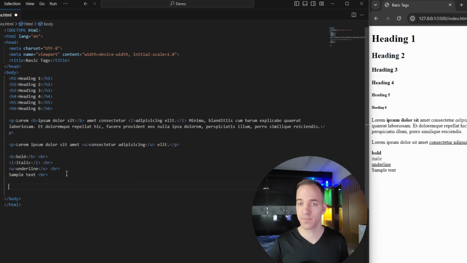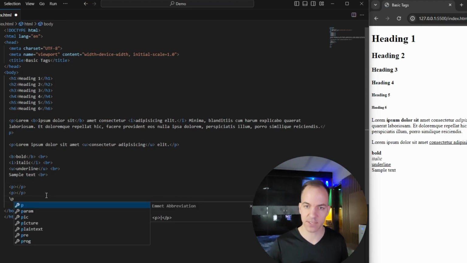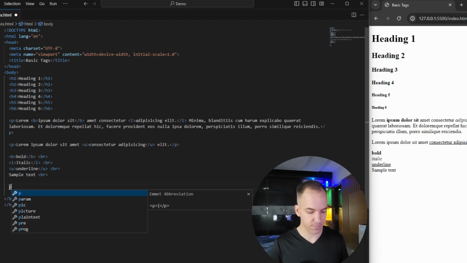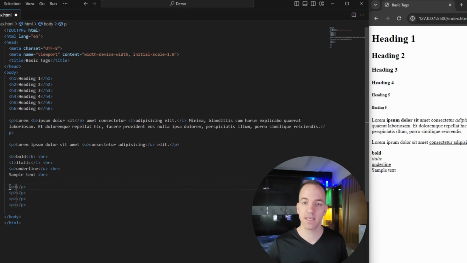Also down here, let's say I want to just generate a couple different paragraphs. If I type, I could just do P, enter, and then go to the next line, P, enter, and then go to the next line, P, enter, and add text into all of those. But there's a faster, more efficient way to do that. If I just type P asterisk 3, or 4 or 5 or whatever number I put there,